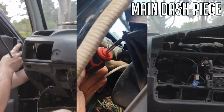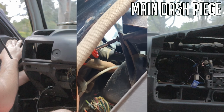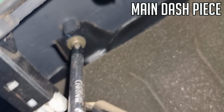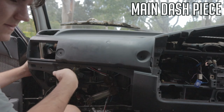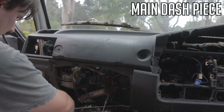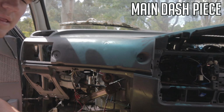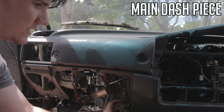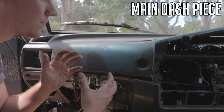It's just there, get the short stubby one on it. And also one under here, just there. And then this aircon pipe will come loose. There. Now you can leave this attached because it's just attached to the dash. So once you take those two bolts out of the bottom and you take this out, you can take it